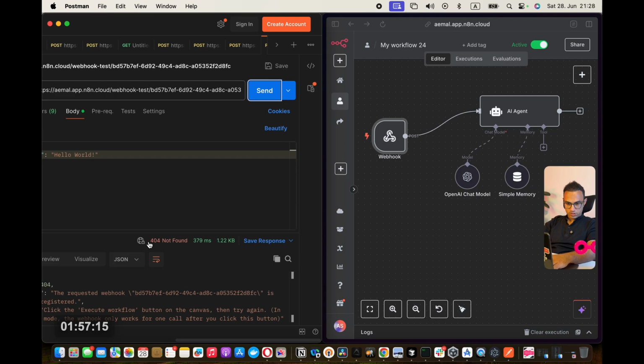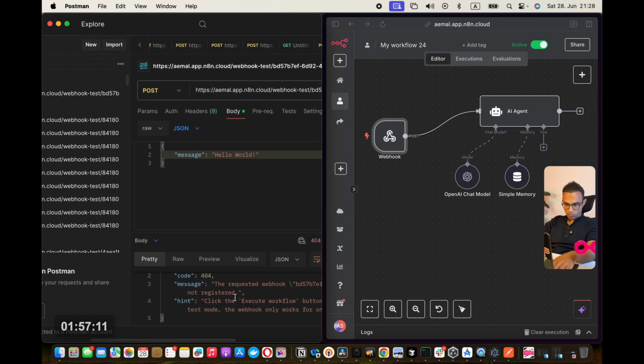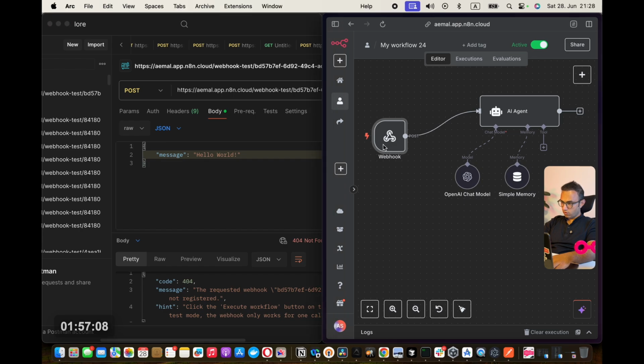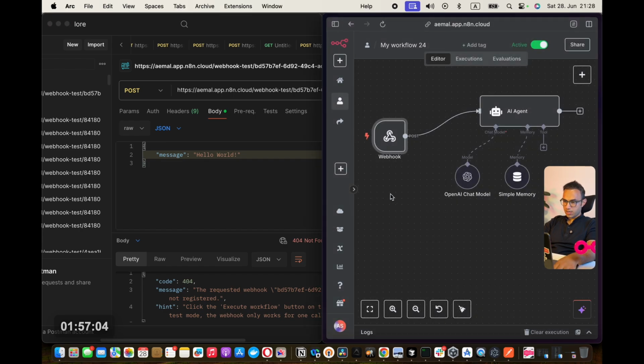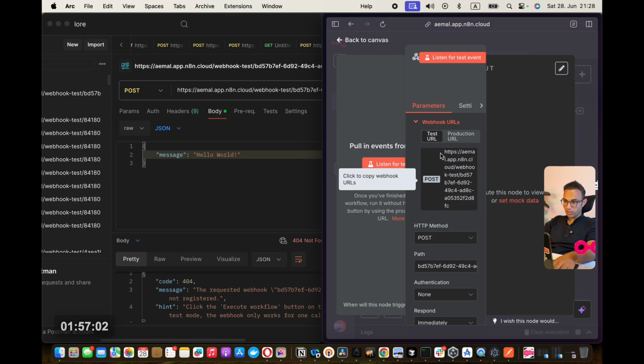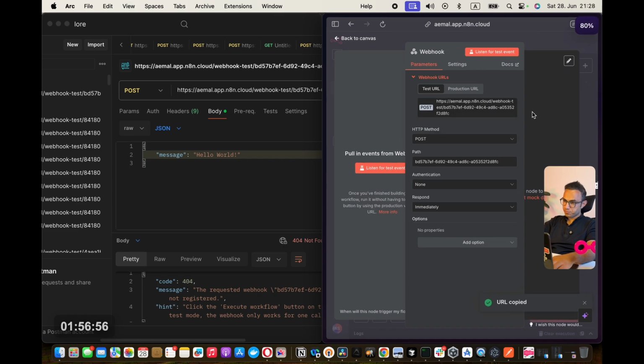So there we go. Something went wrong. It says that there is a 404 error. Usually 404 happens when I have a wrong URL selected. The URL is not correct. So I'm going to quickly make sure that I got the right URL. Either the URL or the method.